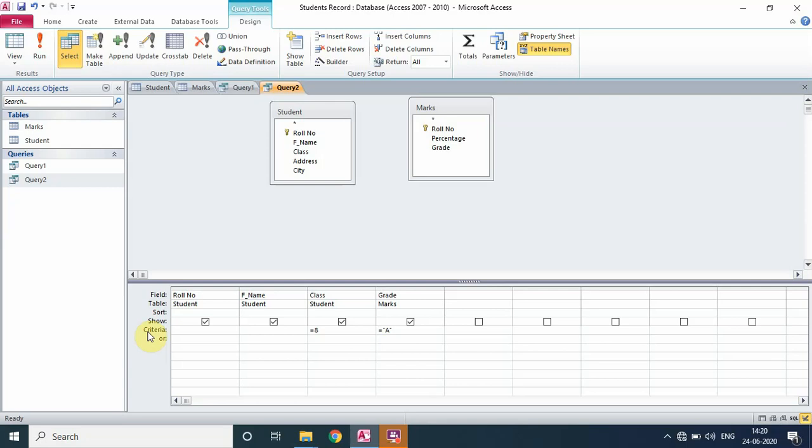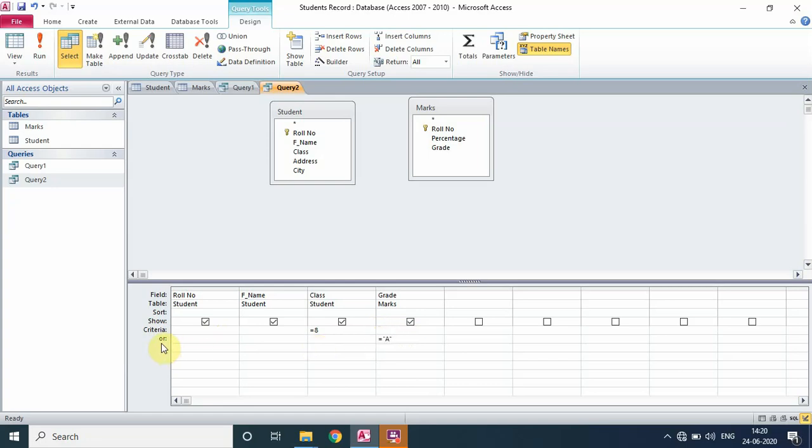This is the concept of applying multiple conditions, multiple criteria. But since I have written both in the same line, this condition is applied in the AND criteria. That means दोनों सही होनी चाहिए. If I'll write it like this, I'll delete it from here. Let's do it here. Let's see whether the result changes or not.